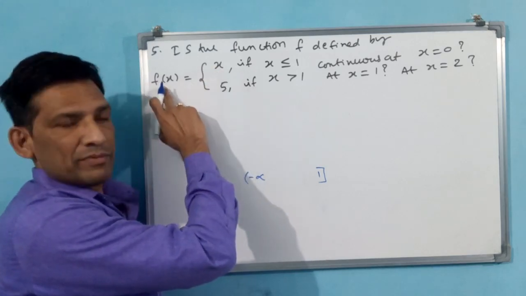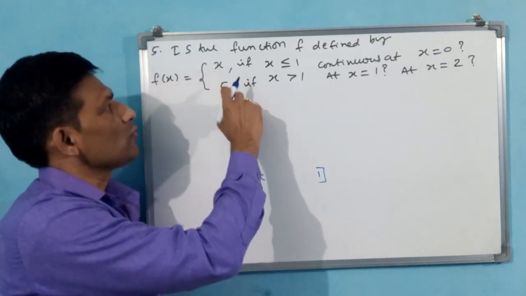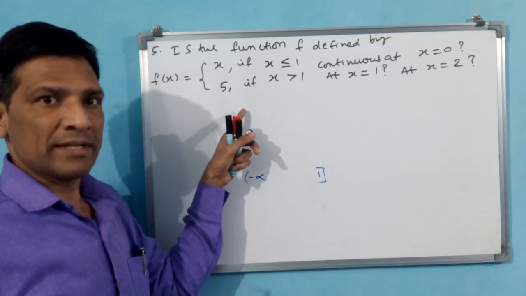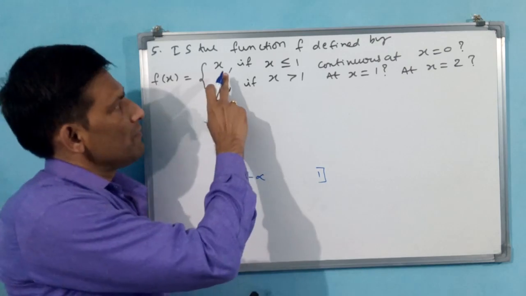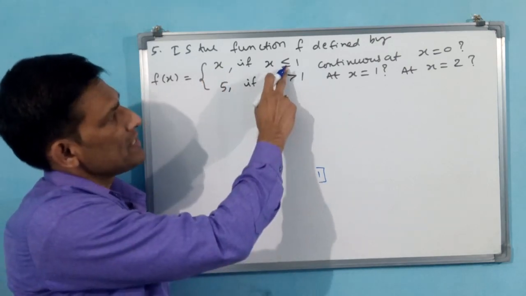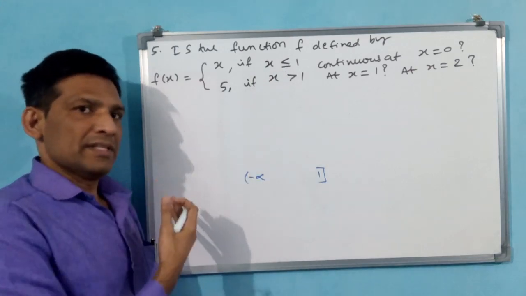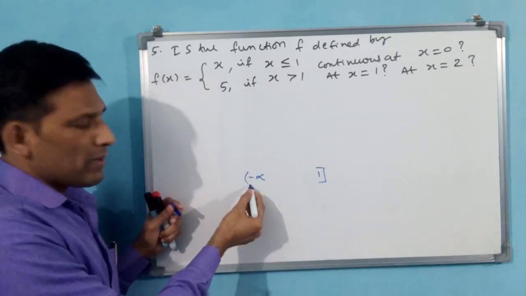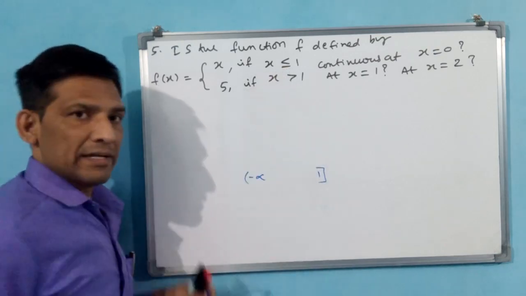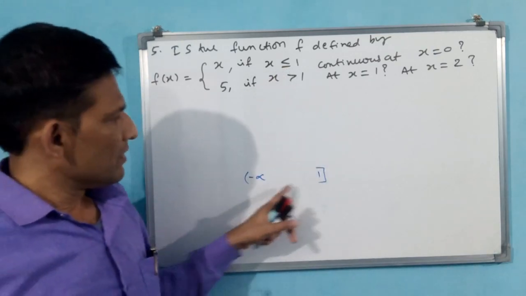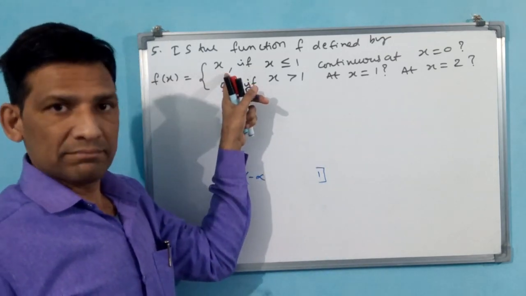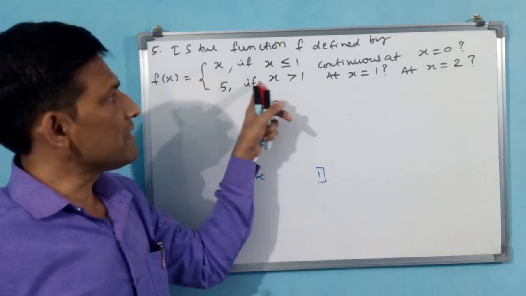You see here, in name only one function, but here two functions are there. Why? Because f of x is equal to x, f of x is equal to 5. Both are there. Okay? F of x is equal to x from minus infinity to 1. Why? Because less than or equal to 1 means it may go up to minus infinity. Minus infinity, you have to keep open bracket. 1, you can close bracket. Why? Because equal to is there. Up to minus infinity to 1, this is continuous. Why? Because there is no other function. Okay? That is why